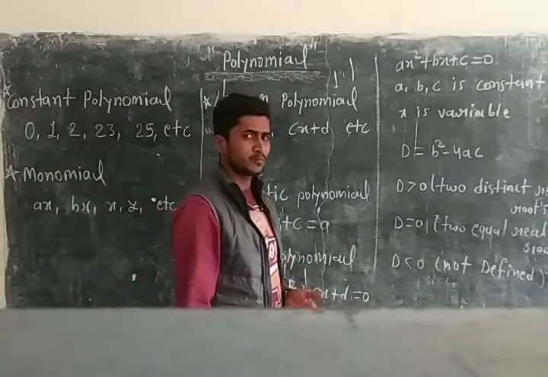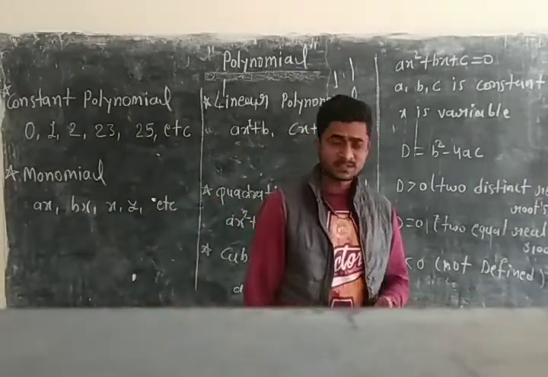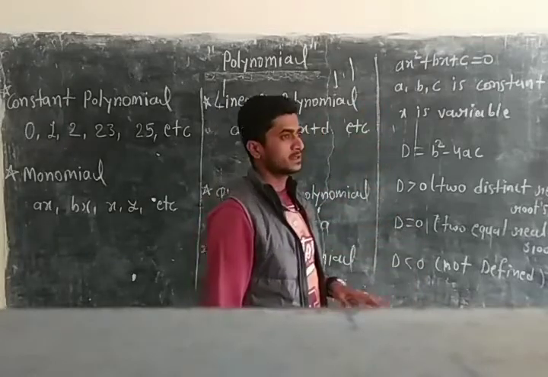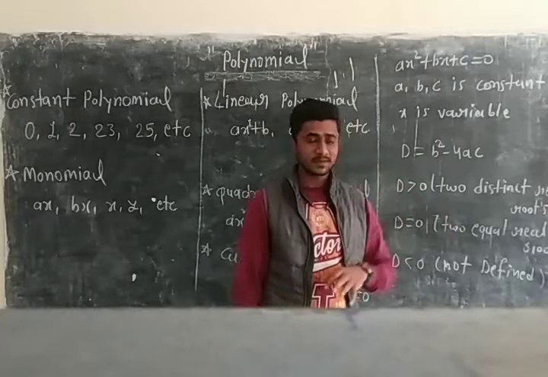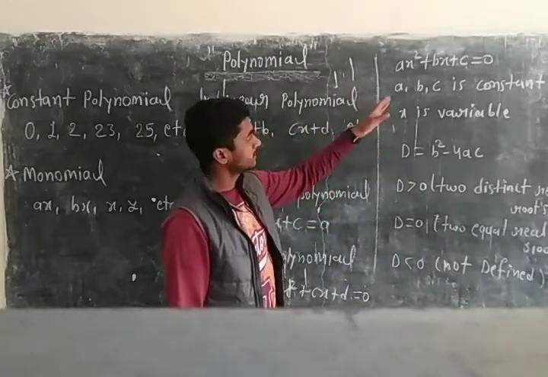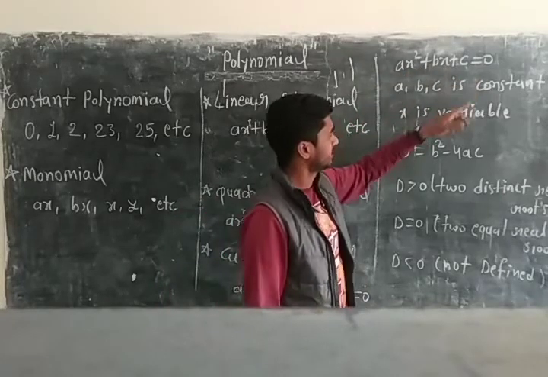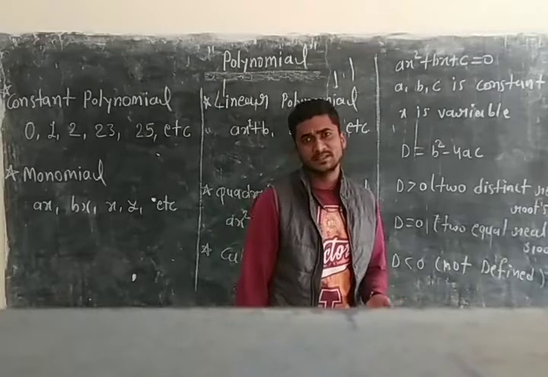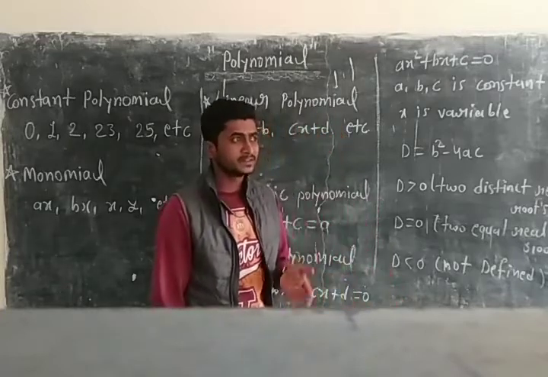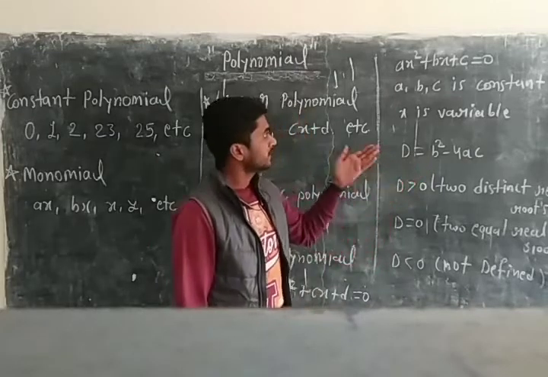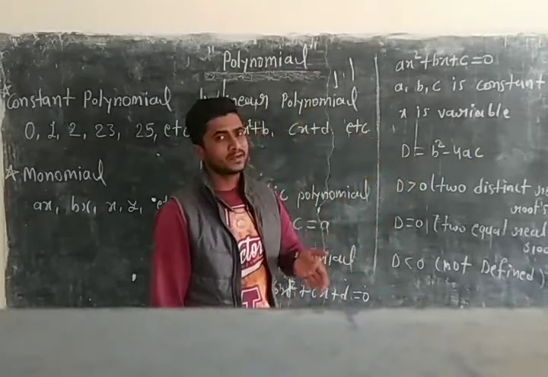So there are many types of polynomials present in our syllabus. Now, the quadratic polynomial is available in our 10th syllabus. So that's why here we will discuss the quadratic polynomial. It is the standard form of a quadratic polynomial. a, b, c are constants and x is the variable. The variable's value can change. It depends on the condition and what type of answer we are getting. So the variable's value is changed, but a, b, c are constants, meaning their value cannot change.